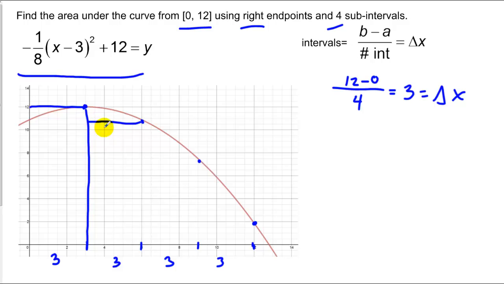So, drawing my rectangles from the rightmost point on the curve down,